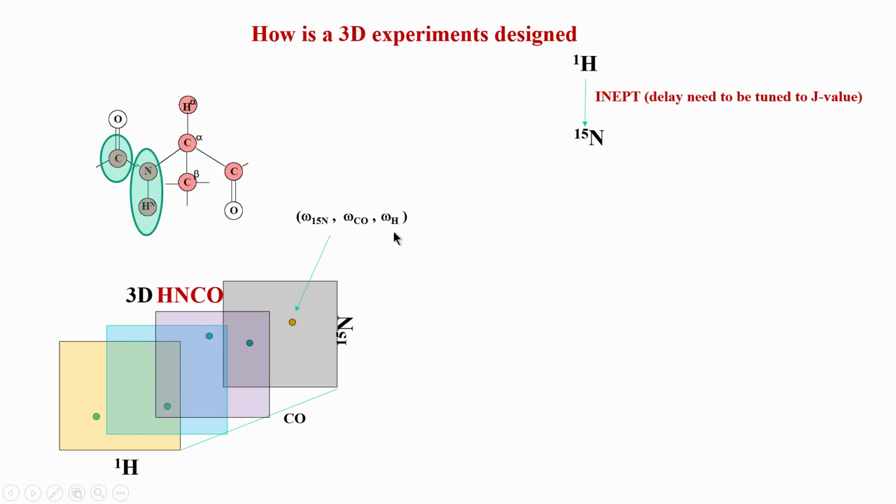Okay. So, how do we actually construct this experiment, how is it made? We will show you this sequence, 3D HNCO. What you do is start from the amide proton, you excite the amide proton with a pulse. I will show you the pulse program sequence shortly. So, you start from the amide proton, you transfer the polarization by INEPT to nitrogen, and for that one has to keep in mind this J value. If you do not know the J value, then this transfer will not be correctly done. You should know it correctly, so that this transfer is complete and efficient. That is the first step, you transfer the magnetization from hydrogen or proton to nitrogen.